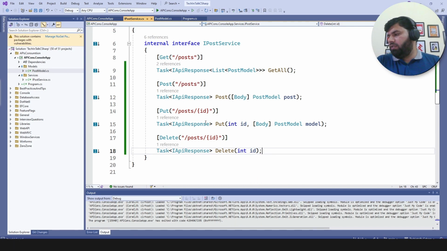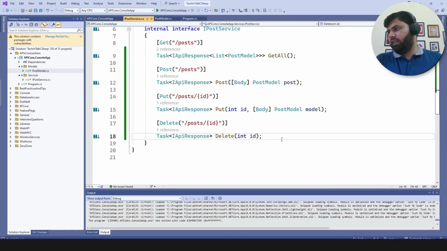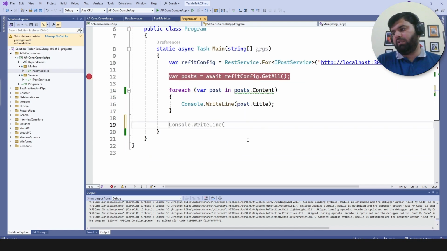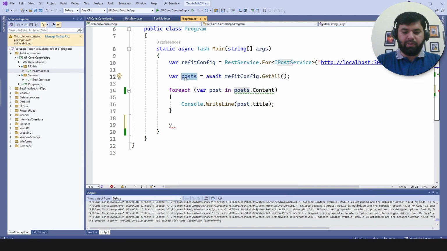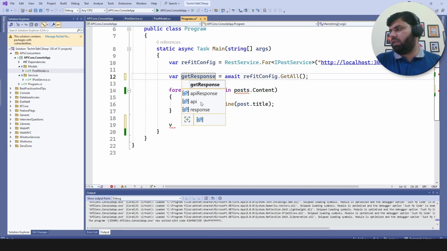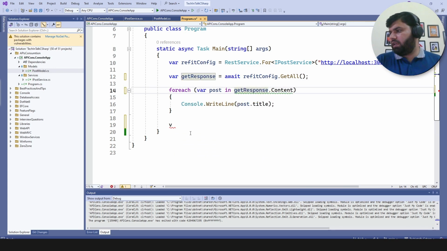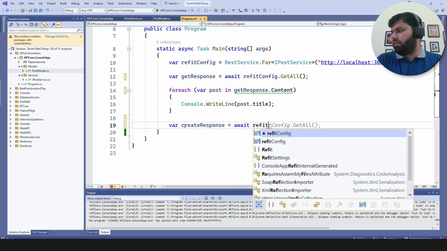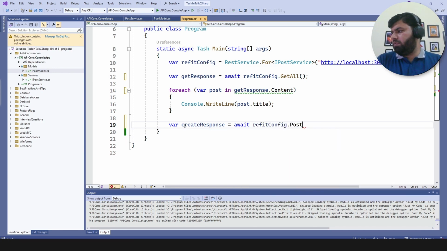So now we have all four main methods declared inside that interface. With the magic of Refit, we should be able to directly consume those here in our main class, in our main method. All right, so let's start by creating a view. But before that, we should rename it to get response, and here var create response, and we should be able to call await refitConfig.Post, and